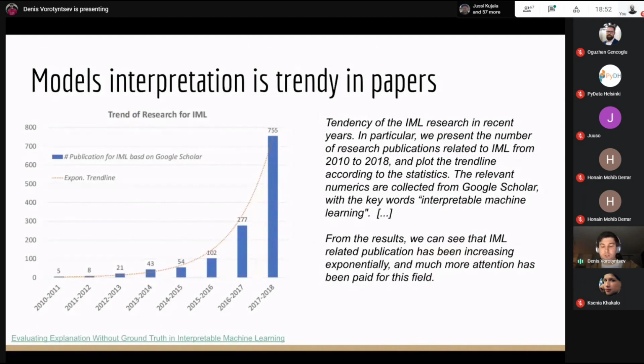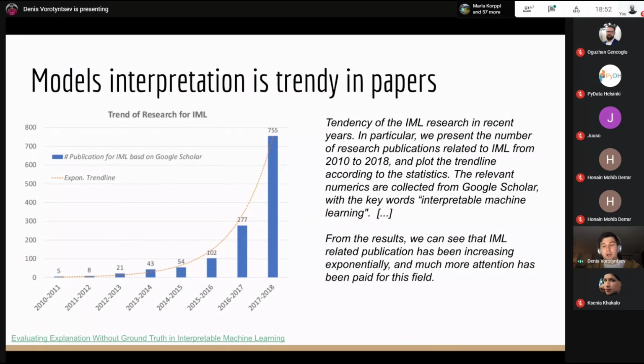Also, this topic of interpretation of machine learning models is quite popular in scientific papers nowadays. Since 2010, we see exponential growth in the number of papers on interpretation of machine learning, which is pretty nice.